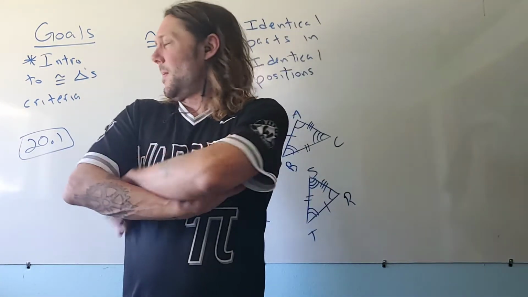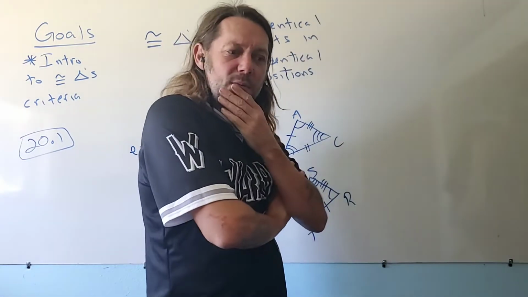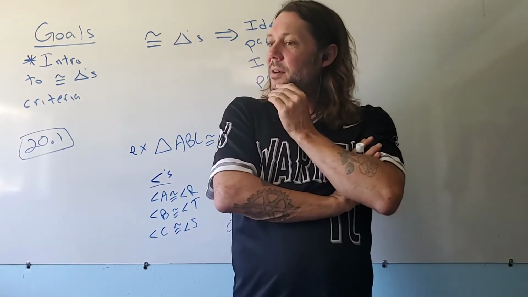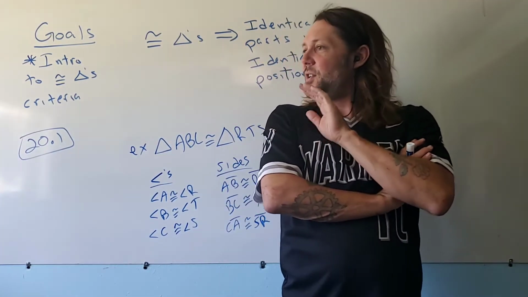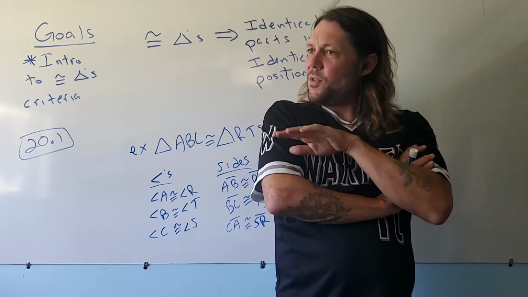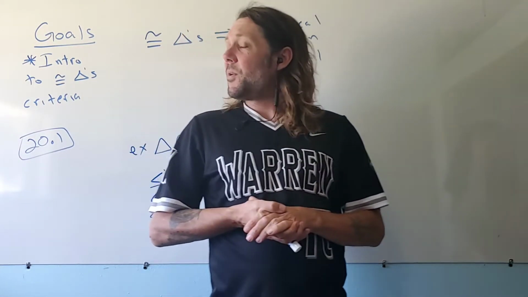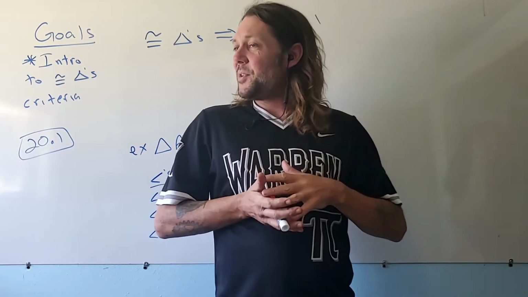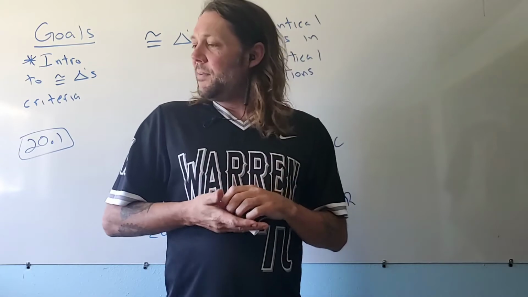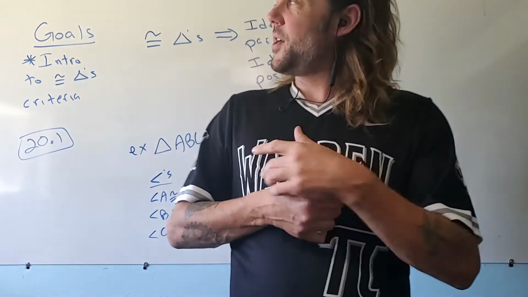And I told you about how I drove a car in Australia and how Australian cars could not be considered congruent to American cars, even though they had the same parts that made the cars up. They weren't in the same position, meaning they weren't next to the same part. So it was, I hope I'm not going too far off on a tangent here, but